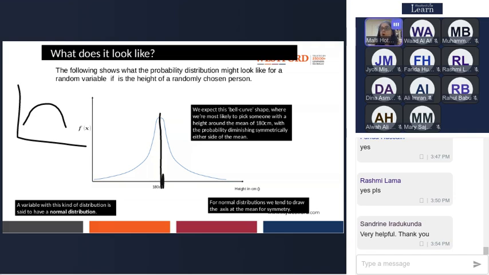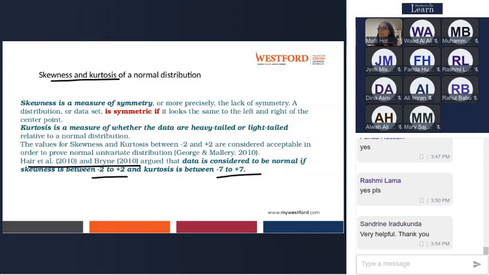So this is also normally distributed, but heavy tailed, because the tails are also heavily distributed. Sometimes a bell will look like this and sometimes like that. But if the kurtosis and skewness test is within the range, we consider that data as normally distributed, and on normally distributed data we can run certain types of tests.